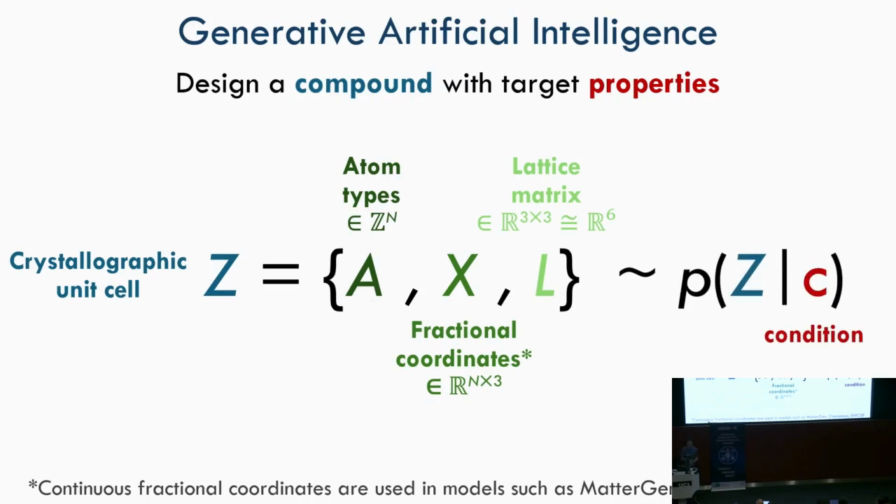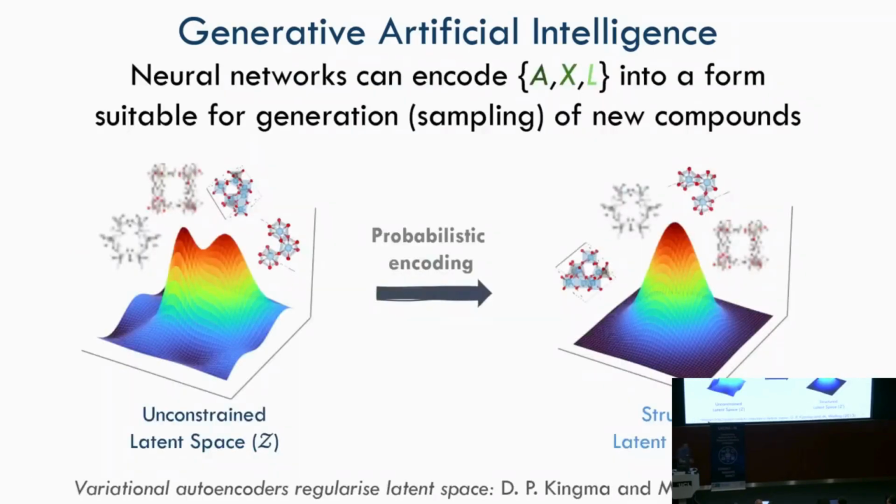And you turn this into a generative problem in that you learn the probability distribution of all Z, and then you can conditionally sample that probability distribution. And so that's where it gets interesting for materials design. So if you train a model based on all materials, you can then say, okay, I want a material that's blue. And then you should sample a Z, and it should return a material that would have that particular color, assuming the model was trained well. So that's sort of the general concept.